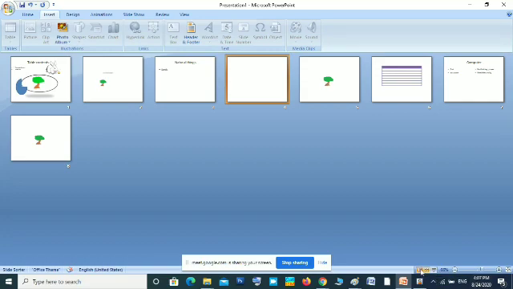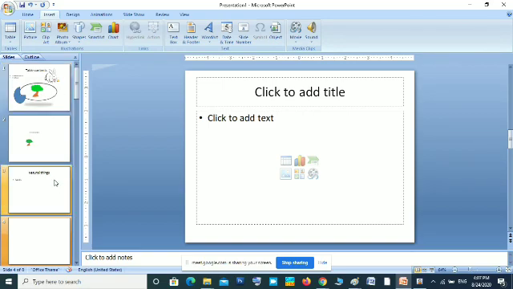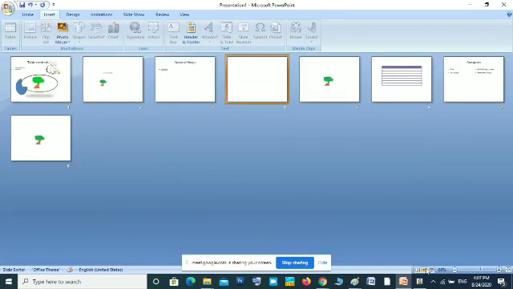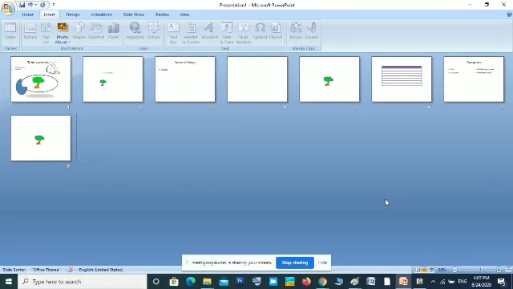First one is the normal view. Using the normal view, we will be creating a presentation and modifying the content. Using slide sorter, we will be rearranging the slides, making new copies or deleting unwanted slides. Then the last one is presentation. This is for the people who are watching your presentation. Just click on the slideshow button. It will go to presentation mode. Okay, so these are the three views.